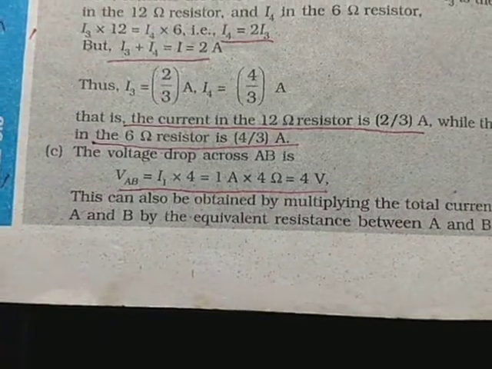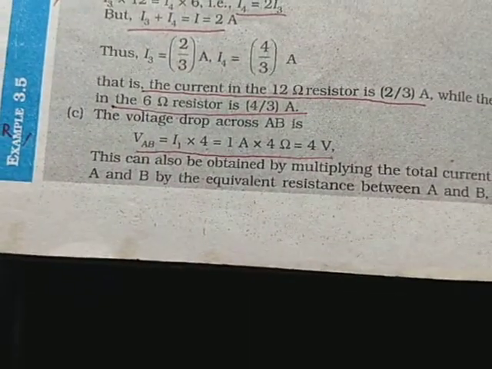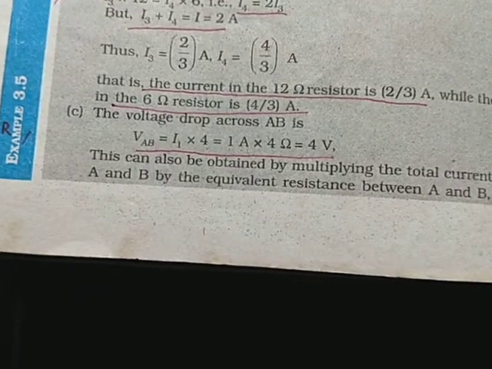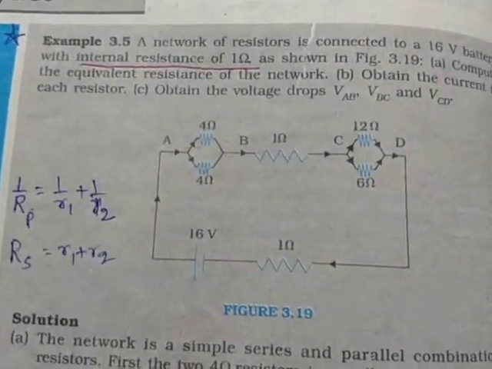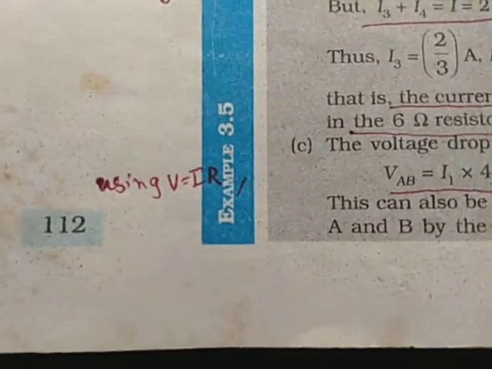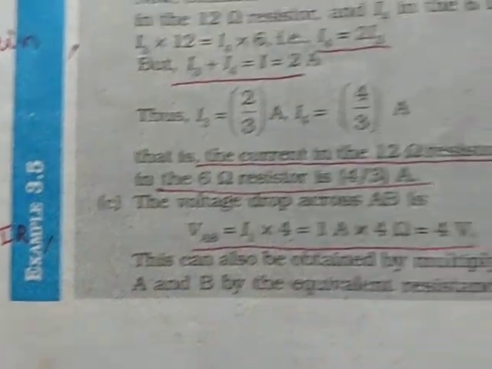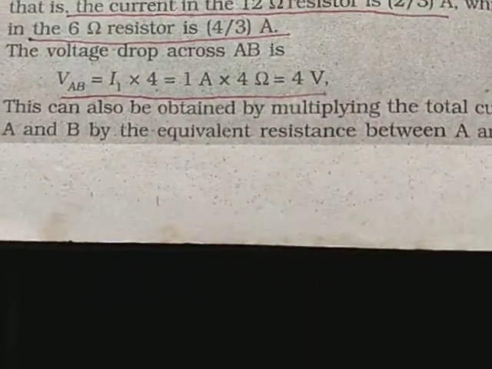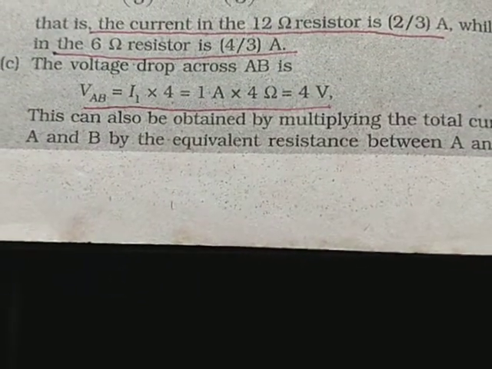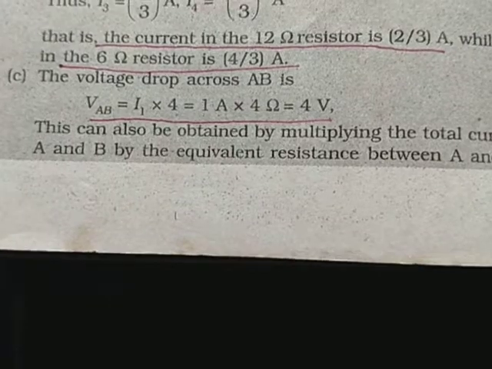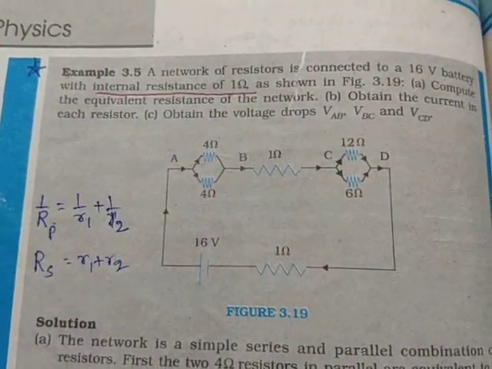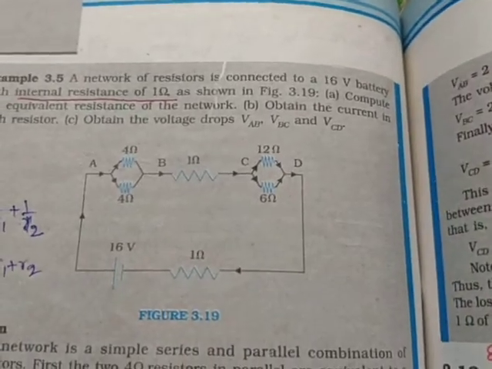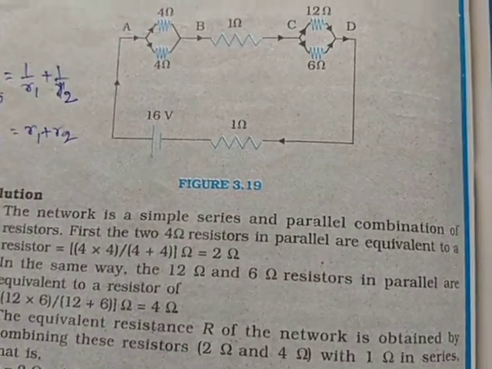Now we speak about the C part, in which it is asked to obtain the voltage drop across AB, BC and CD. You know that voltage drop is given by the relation V is equal to IR. Using this relation, we can have the potential drop across AB equal to the current through either of the arms and the resistance of that arm. So that becomes I1 into 4, that is 1 ampere into 4, that is 4 volt. So 4 volt potential drop is taking place across AB,